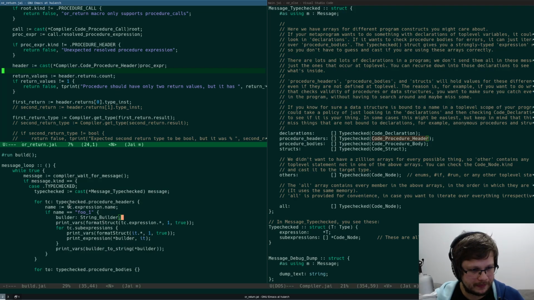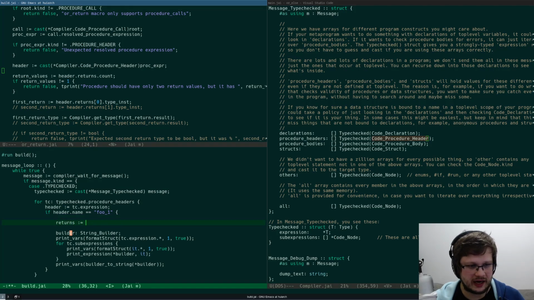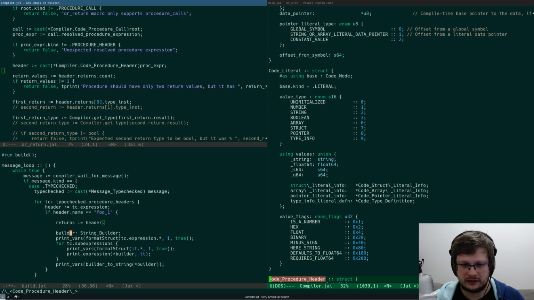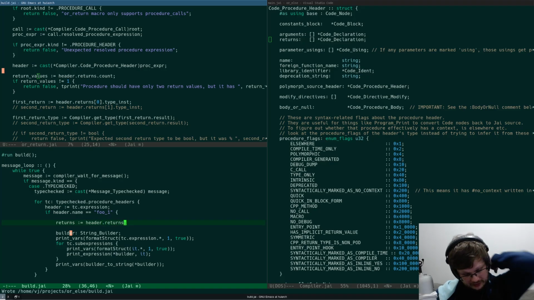This expression is header. So we go header equals expression, if header dot name. So we need to grab returns. Returns are header dot returns, right? Yeah, header dot returns, easy clap.